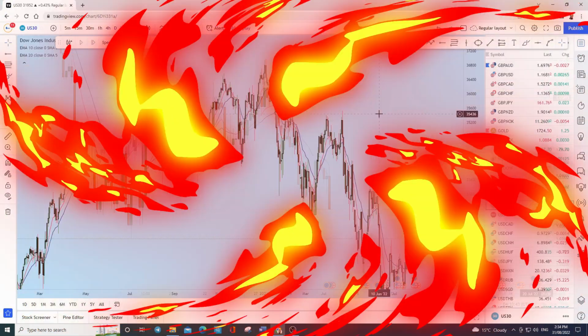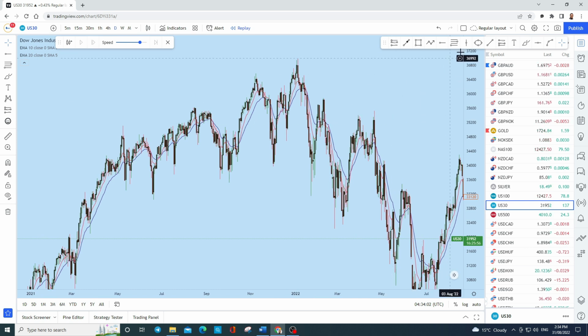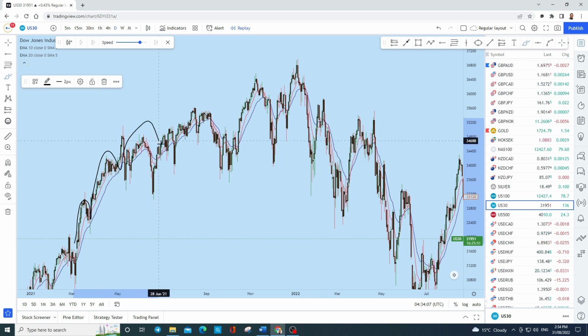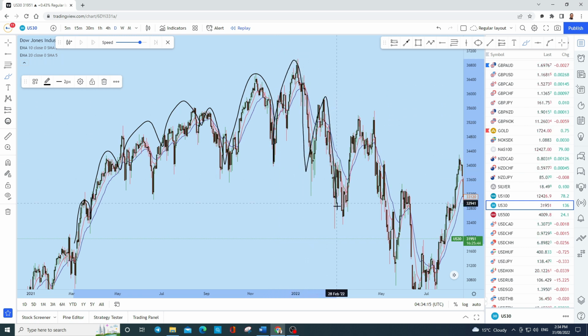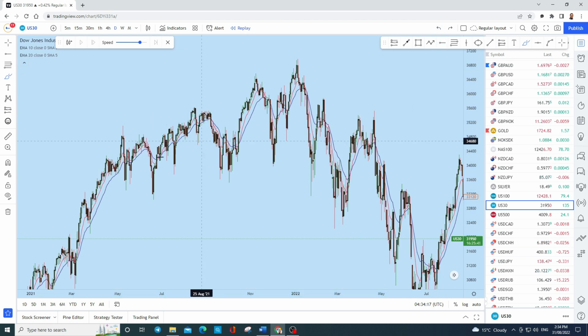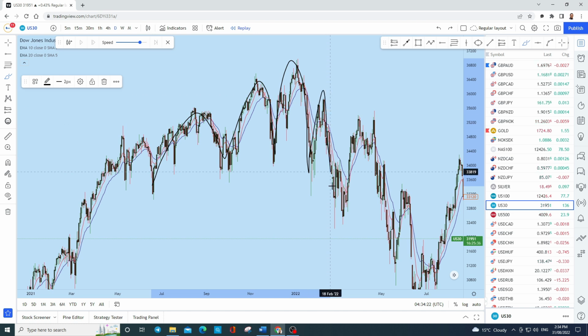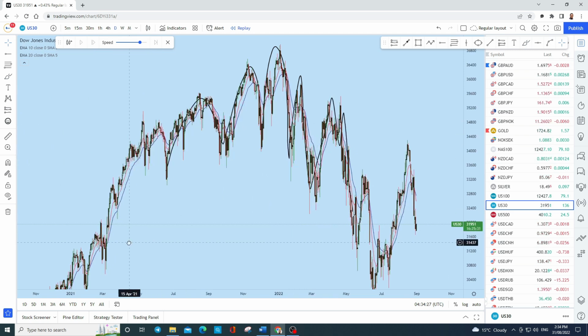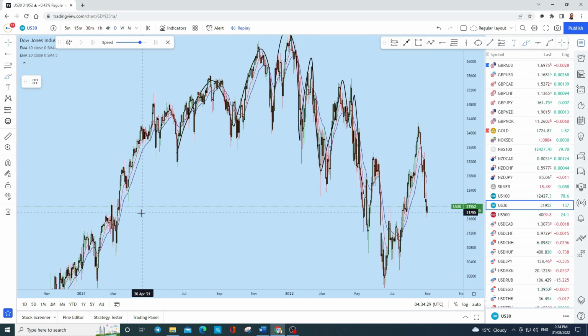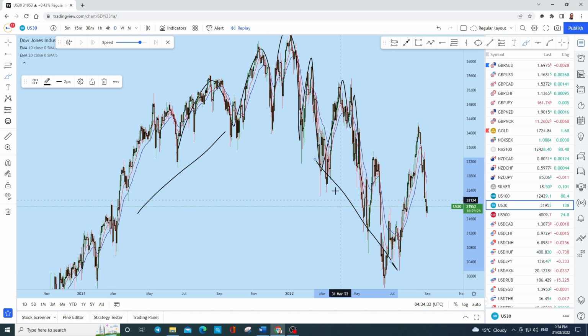Okay, so look at this one here, guys. This is the US 30 daily chart. You see that US 30 was moving in an uptrend, creating a series of higher highs and higher lows for a very long period of time, right? Now look at this, what happened, how long the price created this consolidation. There was a long consolidation and deceleration, creating a lot of up and down sideways movement before it changed its uptrend. You see, this is the uptrend to the downtrend. Right now it is in a downtrend after a long consolidation.